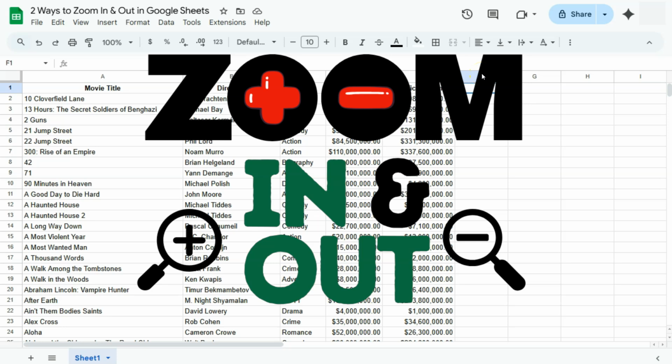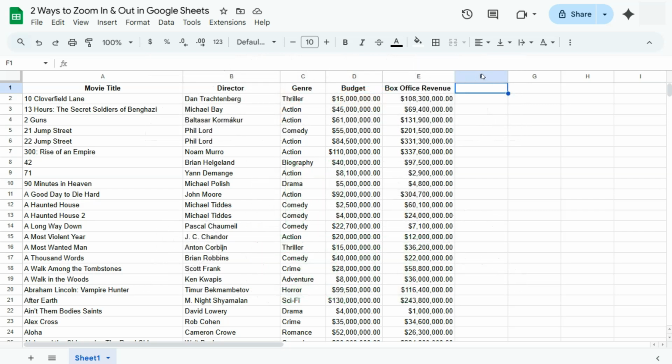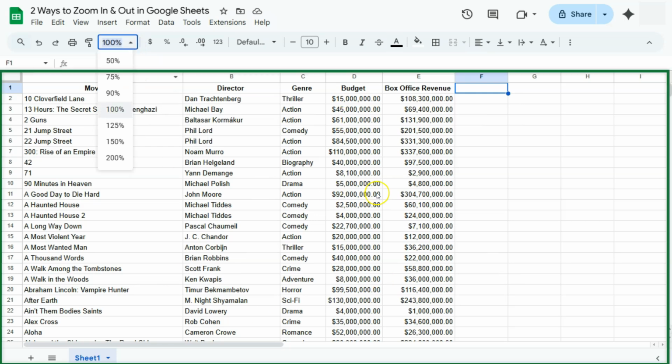In today's video, I'm going to show you two ways on how you can zoom in and out of your spreadsheet here in Google Sheets. So the first way that you can zoom in and out of your spreadsheet would be with this tool right here. So we have our zoom tool, which would allow us to zoom in and out of the actual spreadsheet